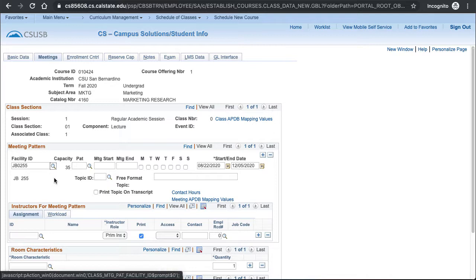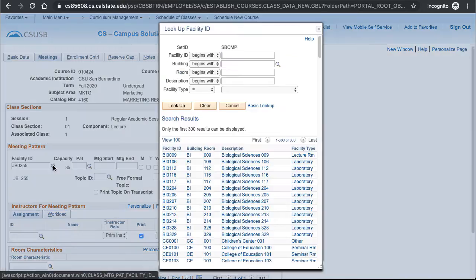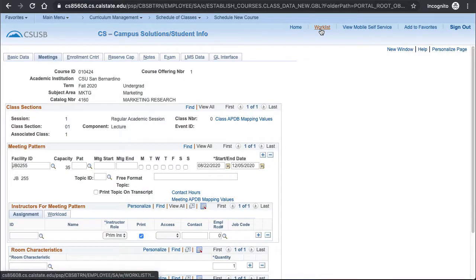If you're building the course and/or section after optimization or the initial schedule build period, and the course meets face-to-face, you must leave this part blank and you'll be required to go into EMS to find and assign a meeting location after the term has been published. If the course meets off campus or is fully online, you can enter that information into the Facility ID. Capacity is system populated from the facility table.